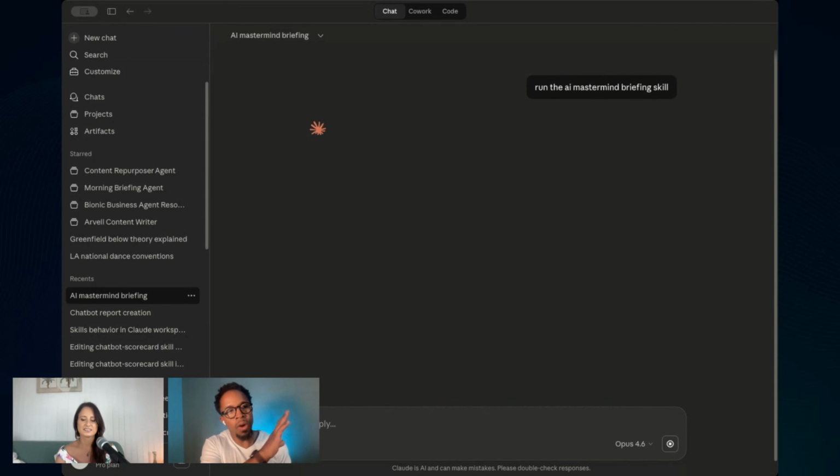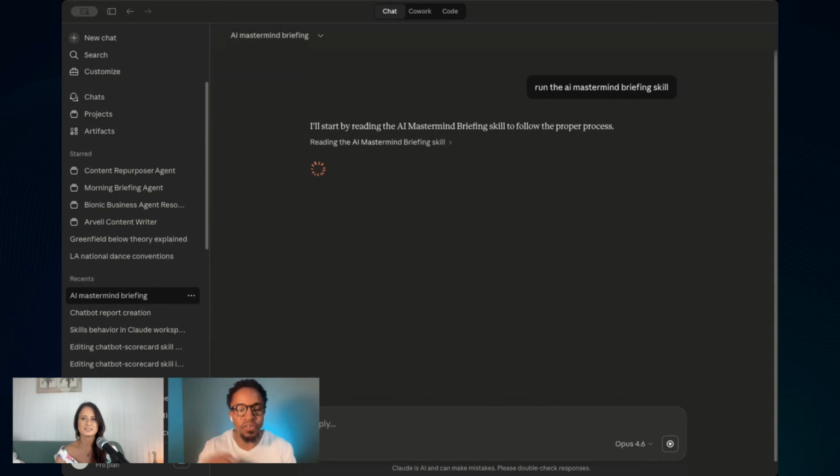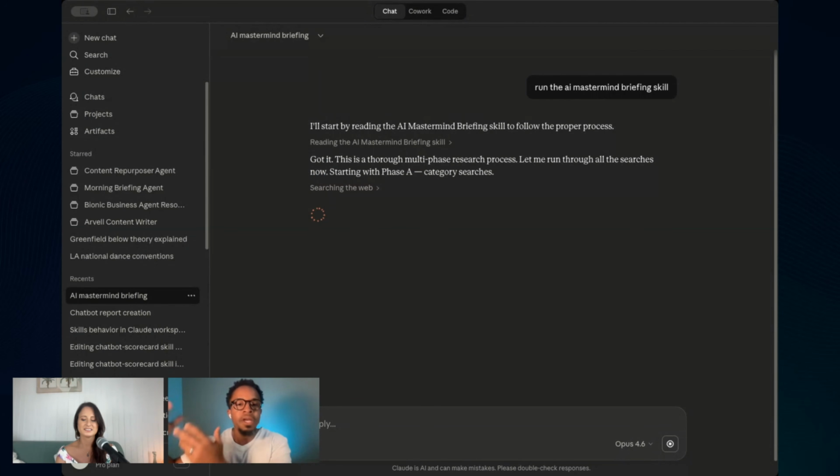While that's running, one of the things I want to highlight is that you can search for skills online. I just want to make sure everybody understands. Just like prompts, where one person claims they've got the best prompt on this and somebody else has a prompt on something else, you can find skills on the internet. So if you want that, you can do that.